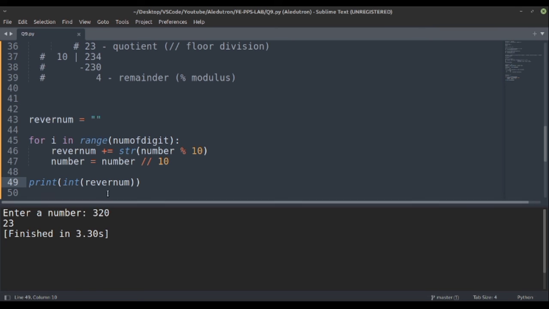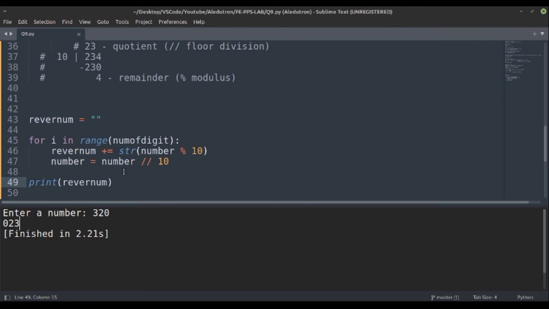Reverse means 0 2 3, I think, is the more correct output. That is, 320 would give us 023. This is more correct as per the question, because they have asked for the reverse of this number. Here 023 gives us the same. If we remove this 0, we would get confusion about where that 0 went. So this number seems more appropriate to me.